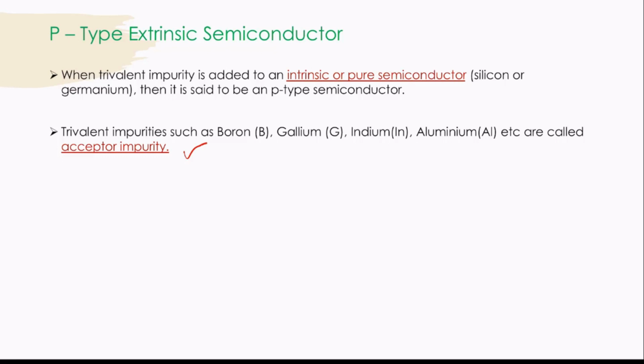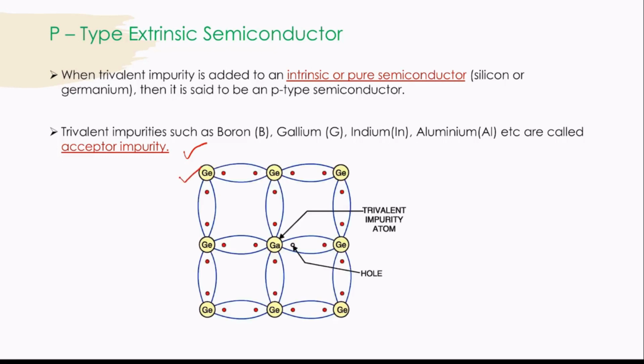Now if you see here, germanium is an intrinsic or pure form of semiconductor in which there will be 4 electrons in its outermost orbit, and it is now doped with the gallium atom, which is the trivalent impurity atom, and it consists of 3 valence electrons in its outermost orbit, which are 1, 2, 3. Now these 3 valence electrons of the germanium are covalently bonded with the 3 valence electrons of the gallium, and those covalent bonds are 1, 2,